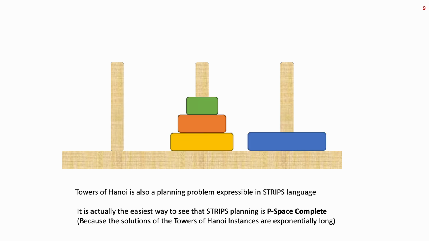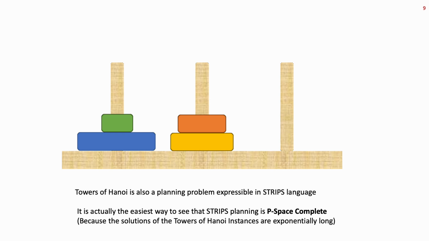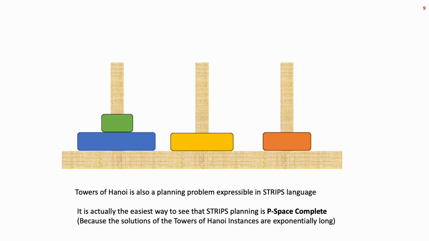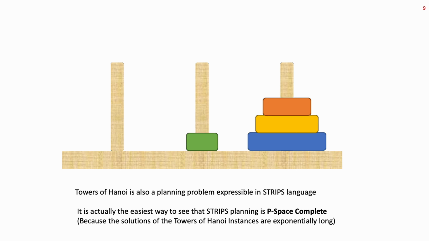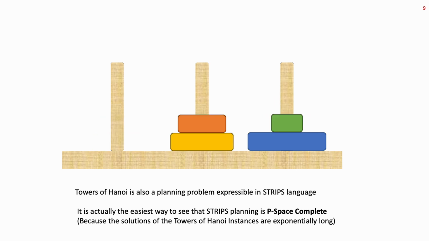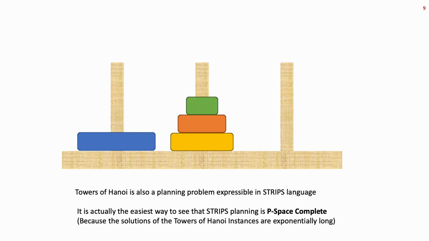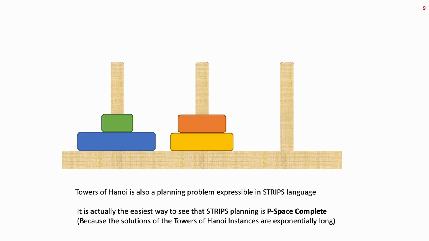One of the problems that you can represent in this turns out to be Tower of Hanoi, which is kind of a strange thing to talk of as a planning problem, but it can be represented in this. And this is one of the examples that the Apple paper actually used. So you are suddenly seeing Towers of Hanoi moving about on the news. One interesting thing about Tower of Hanoi, it turns out, is that it tells you approximately that the worst case computational complexity of solving a planning problem represented in this language is not NP-hard, but actually PSPACE-complete. Because in the case of Tower of Hanoi, the answer to the problem itself can be exponentially long